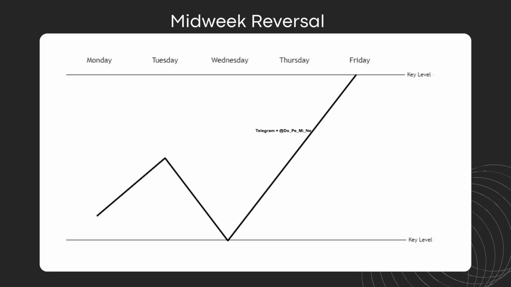Then what happens on Wednesday is that price takes out the Monday CRT and tests a higher time frame key level, and then it reverses and expands from there. Then it starts its journey higher to take out the opposing end of the range and eventually reach a higher time frame opposing key level, right, inside the dealing range or the PDRM matrix. So in summary, Monday's candle forms a CRT, Tuesday's candle happens to be a ranging candle